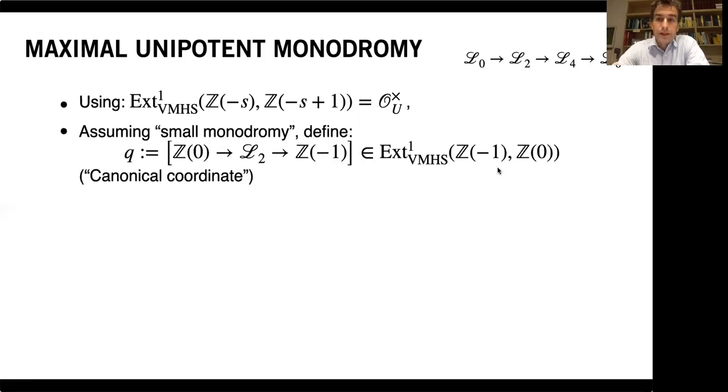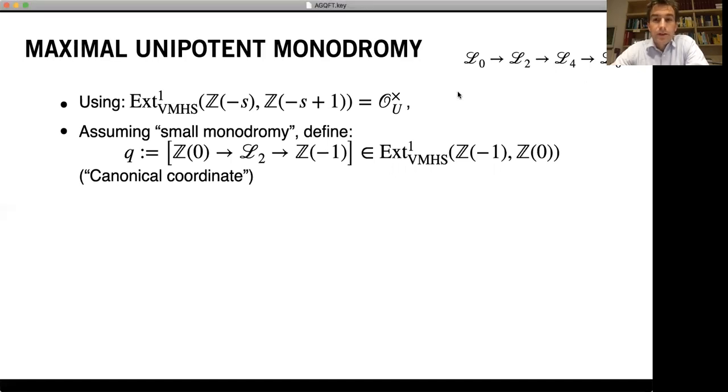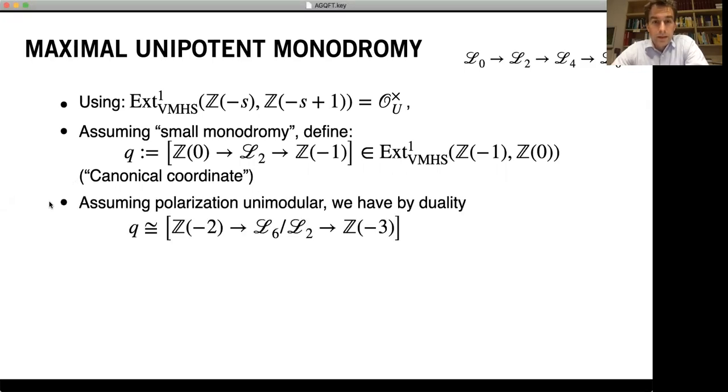There's the first extension here. There are three arrows, kind of three extensions. The first one is the canonical coordinate. That's this extension, and that's just a function on this neighborhood. If you make this assumption of small monodromy, it's equivalent to the statement that this vanishes to first order at the puncture, and so it's a good local coordinate there. And then the last arrow is actually the same as the first one by duality,